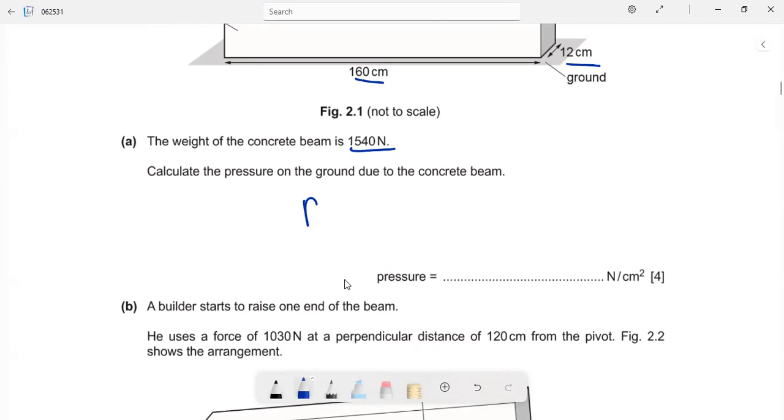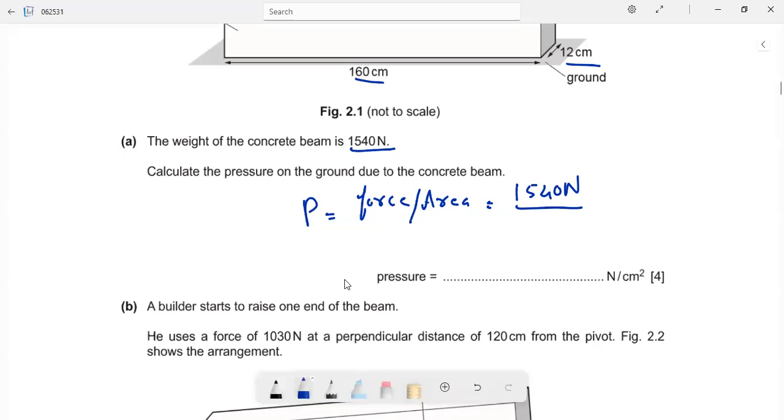So pressure P can be written as force by area. Here the force is 1540 Newton and area is